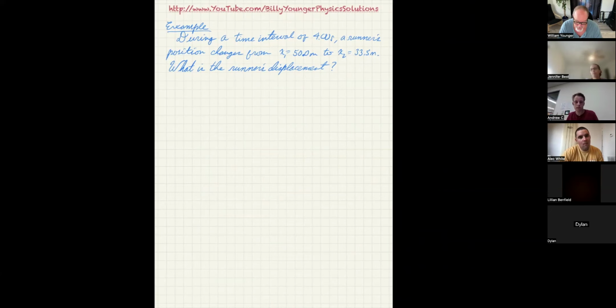Here's another one. During a time interval of 4.00 seconds, a runner's position changes from x1 equals 50.0 meters to x2 equals 33.5 meters. What is the runner's displacement? Okay, so we're now asking about that displacement. Displacement is